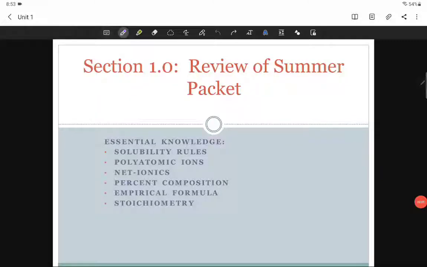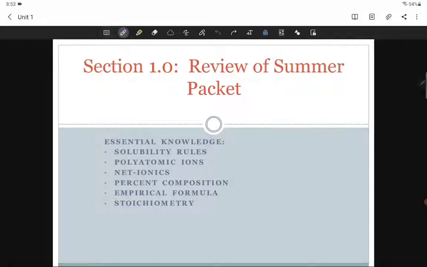Okay, welcome to a very brief review of the summer materials. Most of these are memorization things, so probably the only thing we're going to really work on today is the Net-Ionic portion of this. I have a couple other places where we're going to do percent composition and empirical formula, but